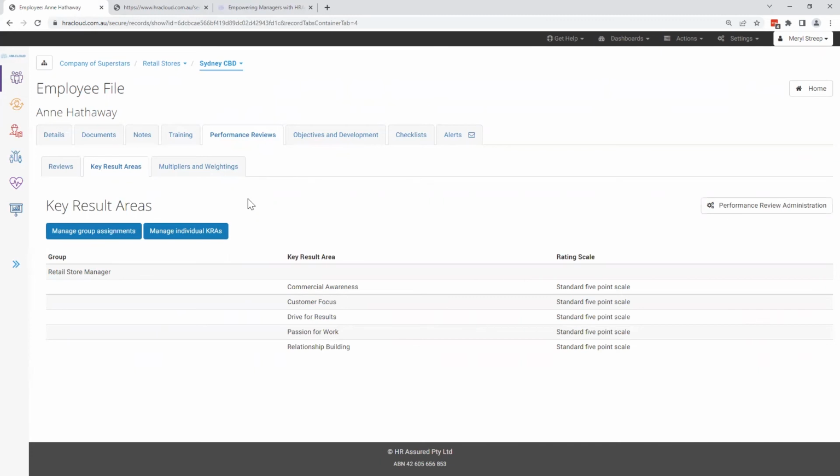Similar to training and qualifications, this functionality may require some additional setup before you can utilize it on an employee record. Once set up, you can manage group assignments of key result areas, or you can apply individual key result areas to an employee record. This is the second part of the process with online performance reviews, and there is also a third part of the process, whether the online performance reviews are launched from a checklist, either individually or in bulk. We do have some specific training resources on OPR, so we won't go into it any further in this session, as we also do cover an overview of it in one of our previous sessions.